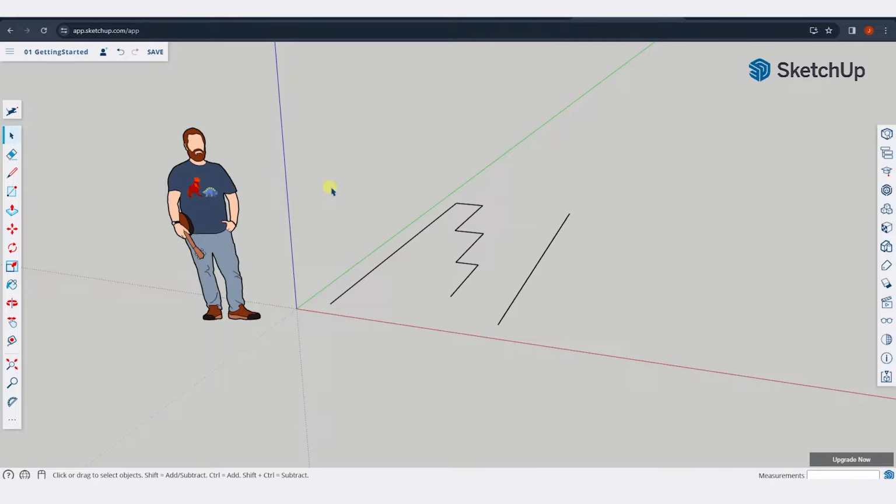So I'm going to tap the L key, move my mouse over here, and I'm going to click. Notice how in the lower right hand corner in this bar, there's a function that's showing you how long the line that you're working with currently is. And so what you can do is you can either move your mouse until you get a length that you want, or with this tool active, you can type in a value. So if I typed in a value of 9 feet, and hit the enter key, that's going to draw a line that's 9 feet long. And we could measure this using the tape measure tool right here